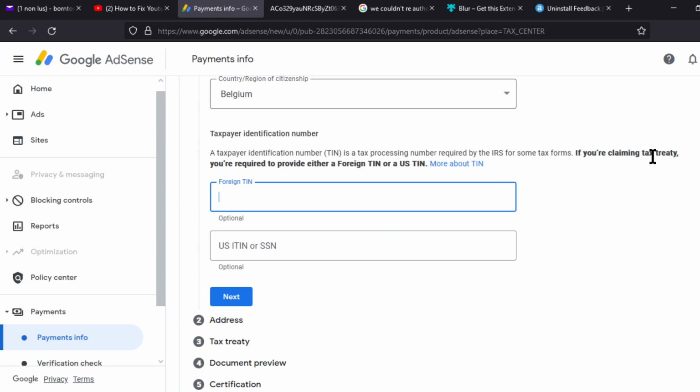What are you making as if you're trying to claim tax treaty? As if maybe I don't want to claim tax. Why? I don't want to claim any tax treaty. But that's what they mean. That if you want to collect your money that we're taking because of tax that we're collecting, man, they try to confuse you. I don't know who started this idea of speaking big terms when it's this kind of stuff. Just speak in everyday language. Make it clear at least. I'm not against speaking big words, but make it clear.